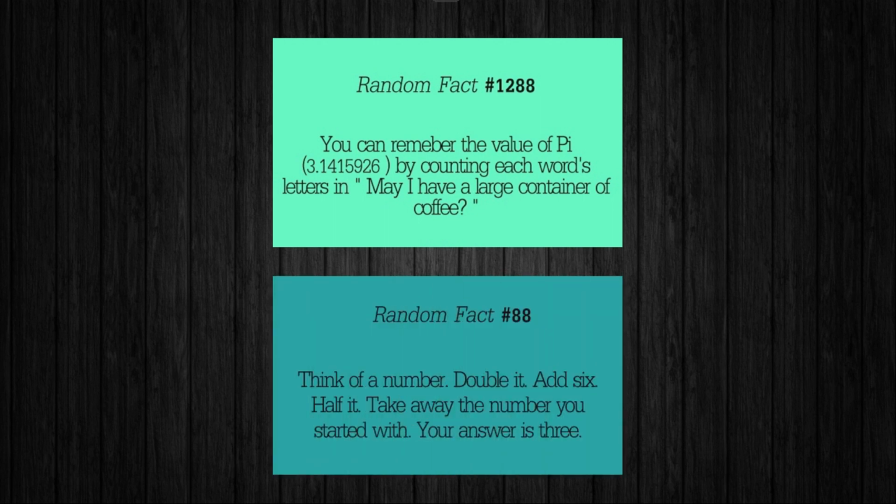And I will give you a quick random fact of mathematics. Think of a number. Whatever you thought, you just double that number. After doubling, you add 6 to it. After adding, you halve it, that is, divide the number by 2. After that, take away the number you started with. Whatever number you assumed at the start, you need to subtract it. After doing all this, you will get the answer as 3. Just try it out.